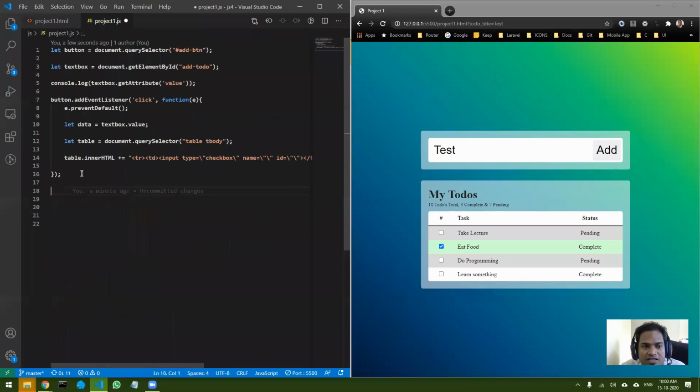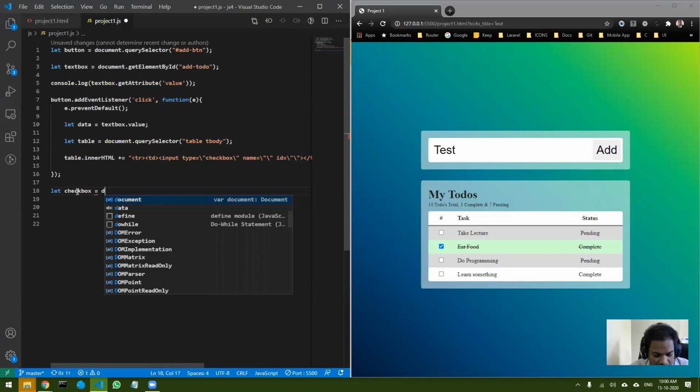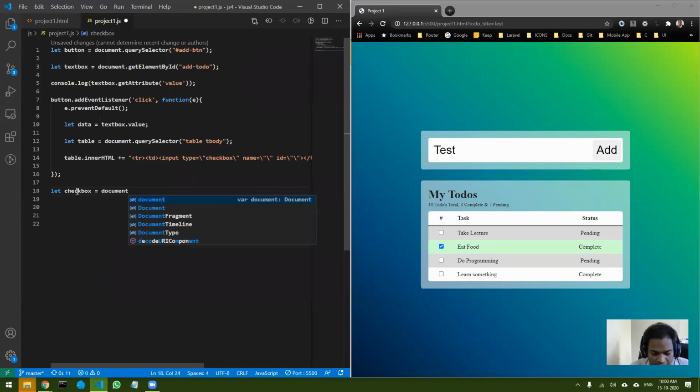Now let's come over here and first of all select those checkboxes. I've just given a variable name, document.querySelector.